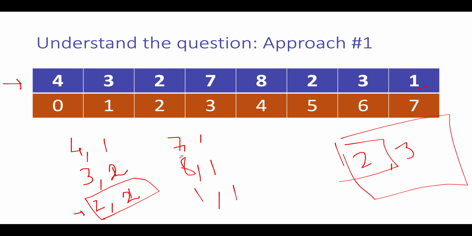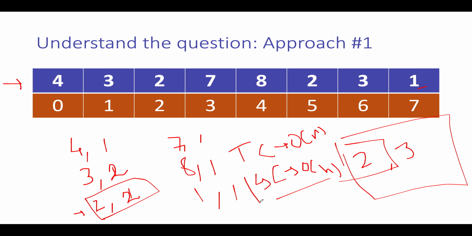However, the time complexity of this approach is order of n, but the space complexity seems to be again of order of n. Consider a case where there is no repetition, then the map will take the space of as many elements as we have in the input array, which is not what we intend to do because the question stated that this should be solved in constant space. So now let's talk about the constant space solution.